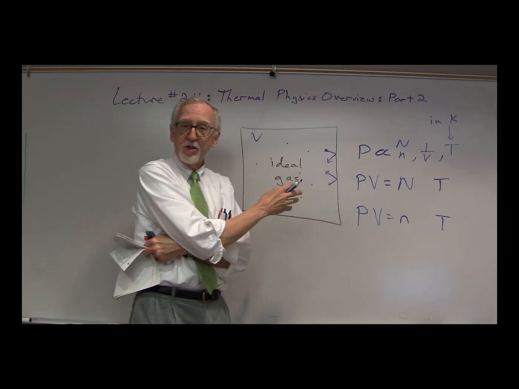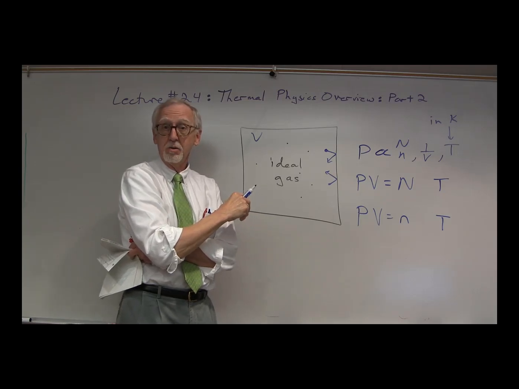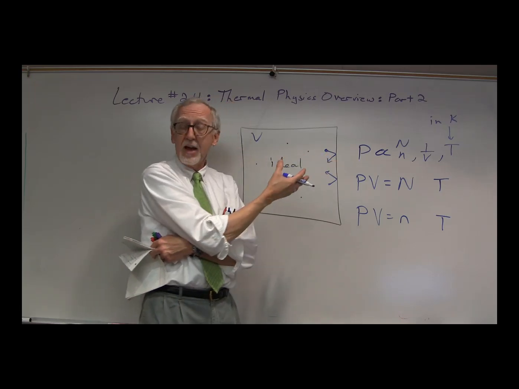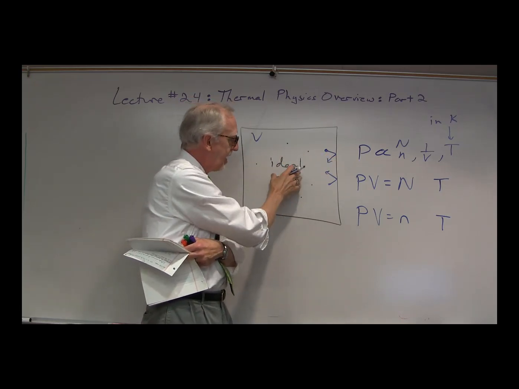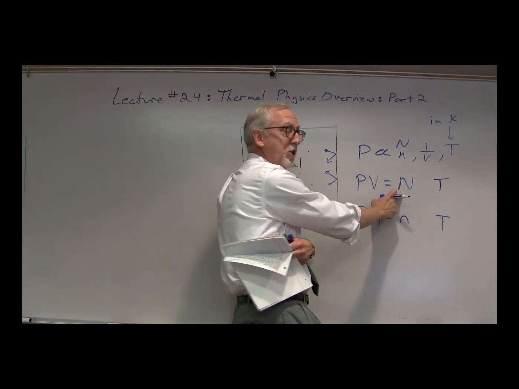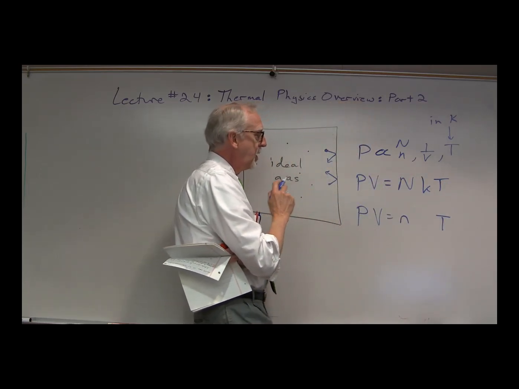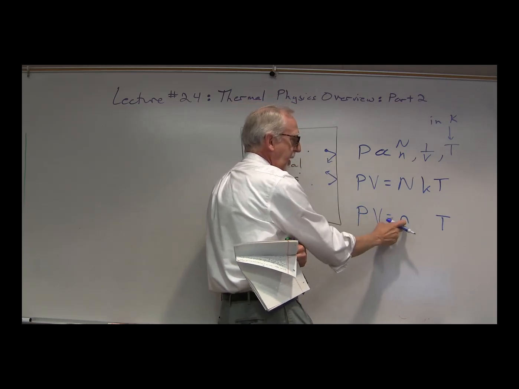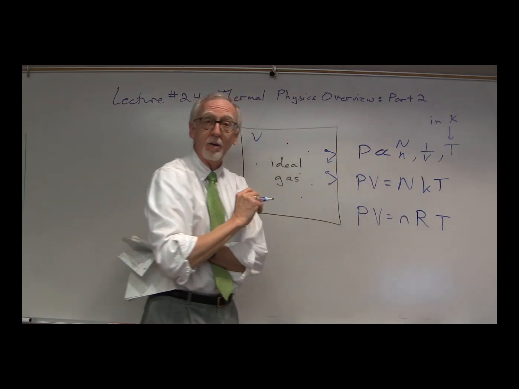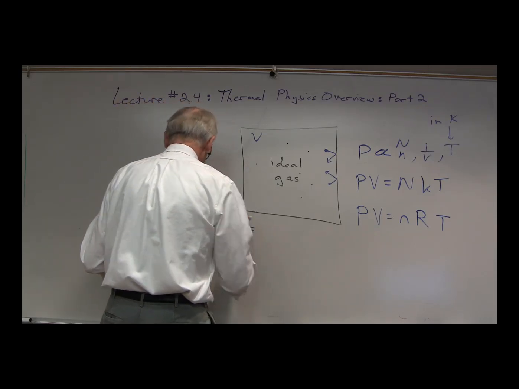The constant of proportionality has the same value no matter what type of gas you're considering. So it doesn't matter what the atoms actually are. That all washes out, assuming that it is an ideal gas, and we end up with the same constant. When we use the number of particles, the constant that we write is a lowercase k. And when we write the equation in terms of the number of moles, the constant is written as a capital R. And the values for these are k is equal to